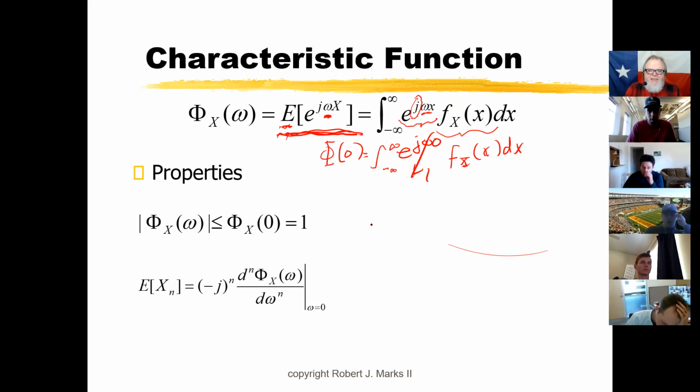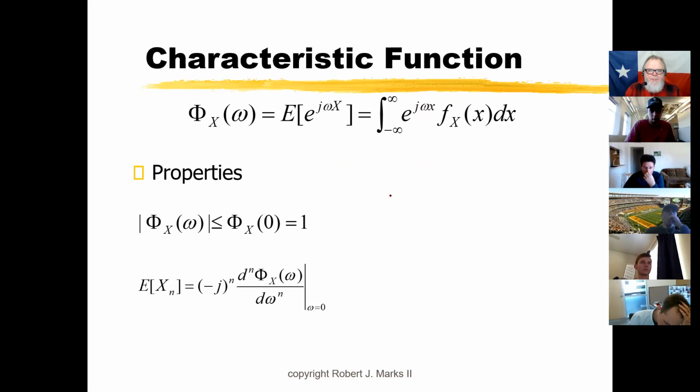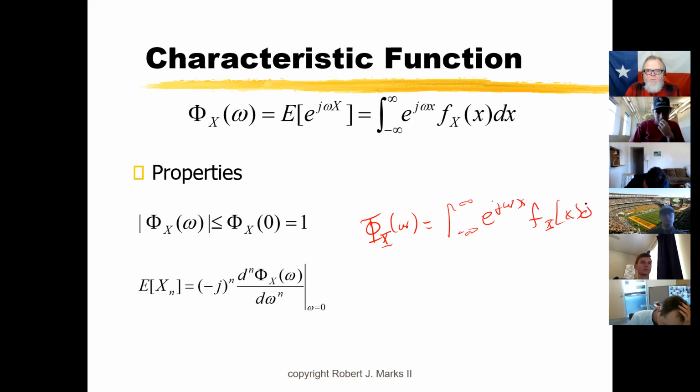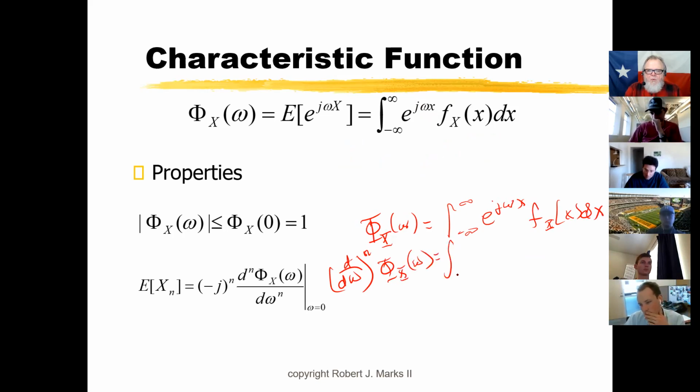I think I talked about this last time, but very quickly, if we had a phi sub x of omega equal to the Fourier transform here, and we took n derivatives of it, we would obtain, of course,